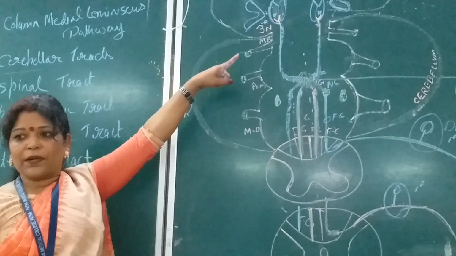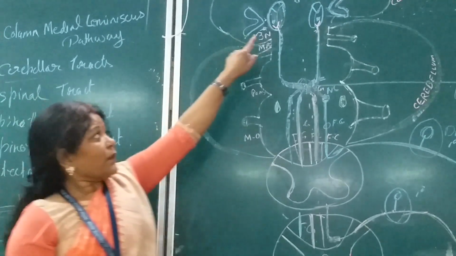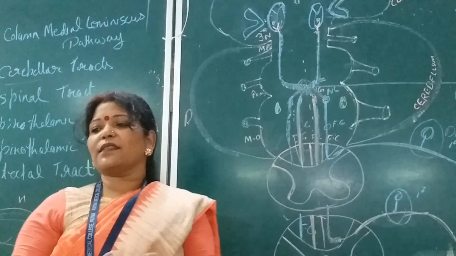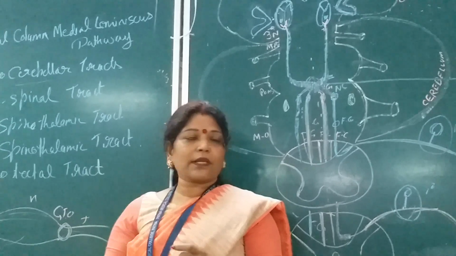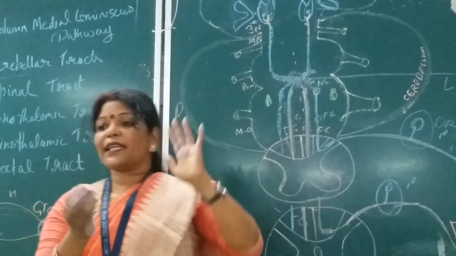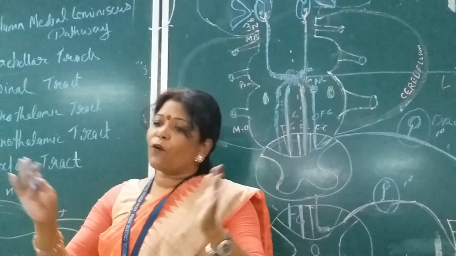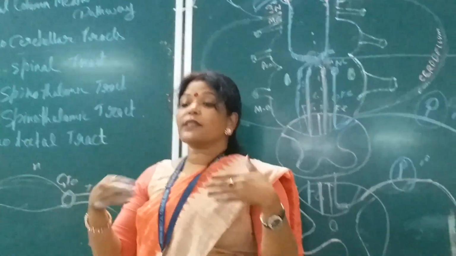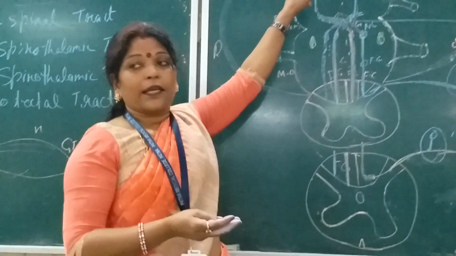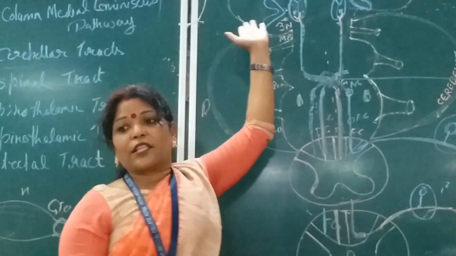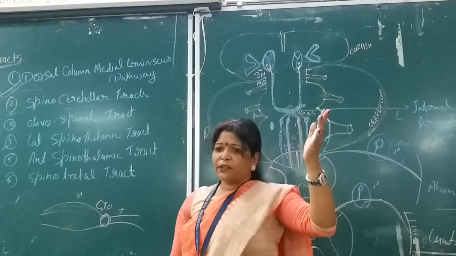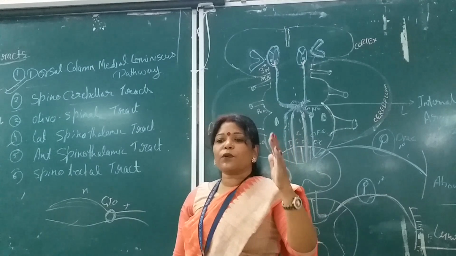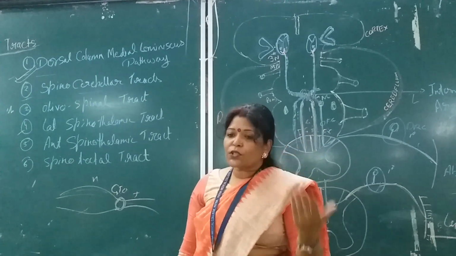Once it reaches the thalamus, this thalamus is supposed to be the relay station. We will discuss the thalamus in detail in the lecture class. It is the relay station of all modalities of sensation which attain consciousness, because from here the thalamus projects these sensation fibers to the cortical area. Will it project the fibers to the motor area? No, it will project the axons which will arise from the neurons. Which neuron? That is the